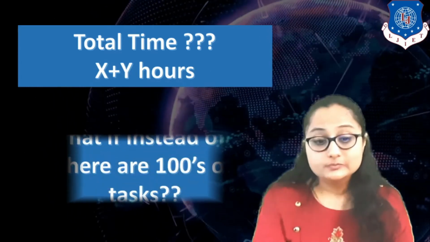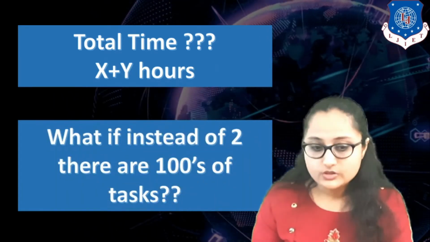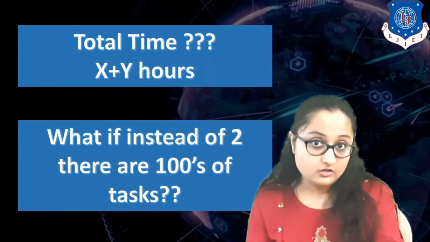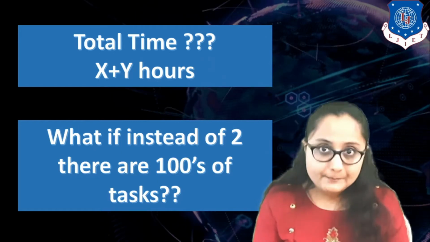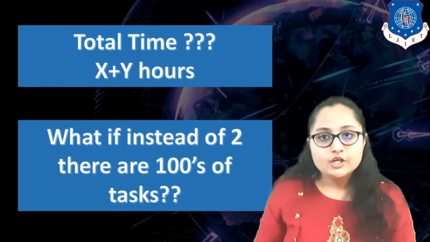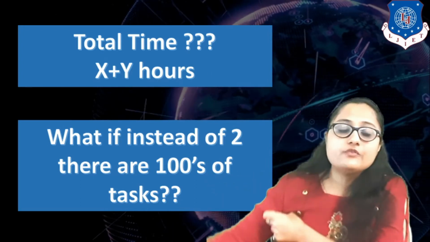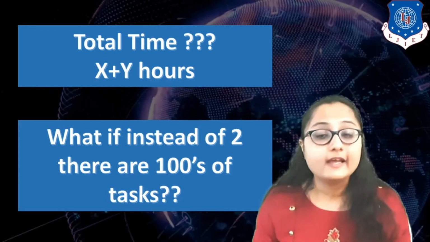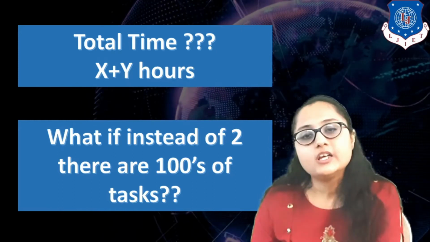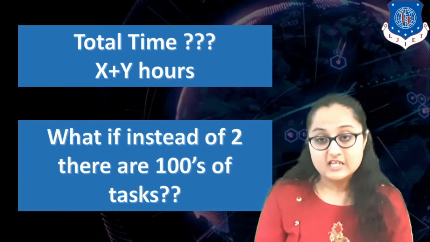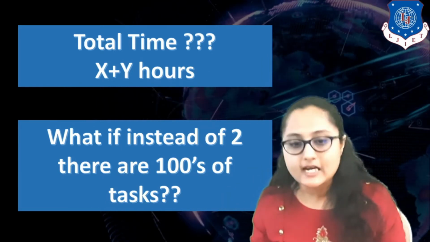Now imagine, instead of 2 tasks, there are hundreds of tasks to be completed and you are telling your friend to complete these hundreds of tasks. What will happen? One by one, if your friend is completing this task, you know that the total duration of the completion of every task will be the addition of this individual duration, and that will take forever. This sort of thing is known as synchronous. It means that after completion of one task, only you can start the another task. That is known as synchronous mode.